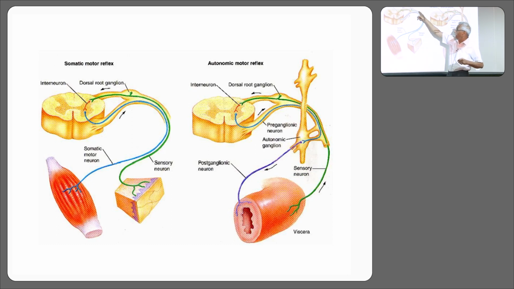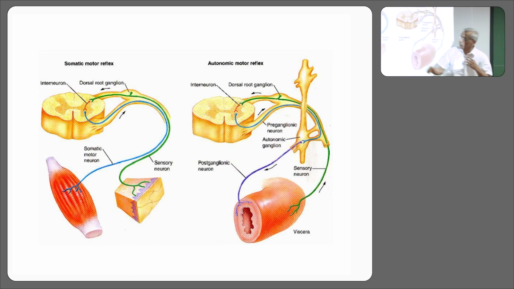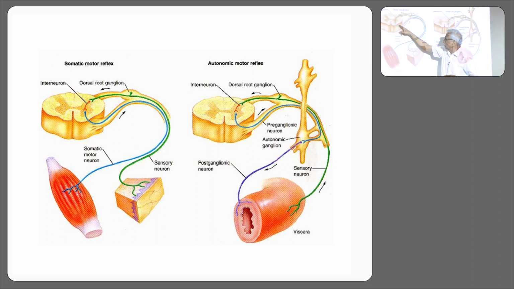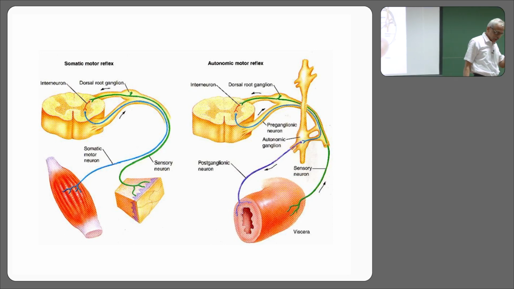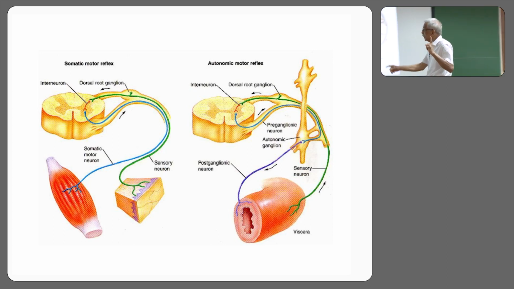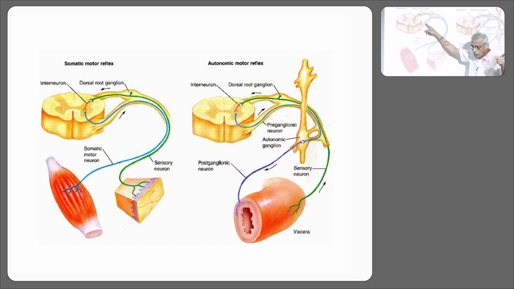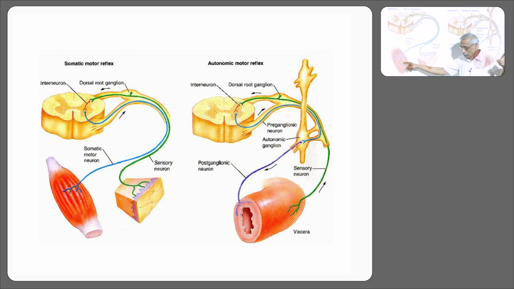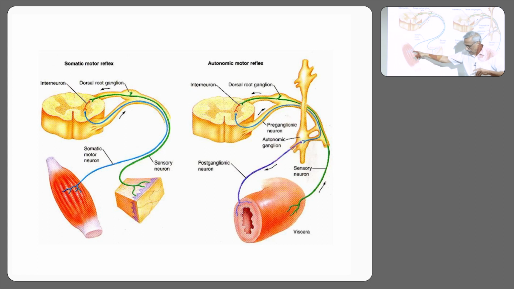The action potential goes via the dorsal root ganglion. It will enter into the spinal cord via the dorsal root. The processing of information will happen via the interneurons, and this particular neuron, the blue one there, the cell body is located in the spinal cord, is a cholinergic neuron that will give rise to a fiber that will come out from the ventral root. It will go all the way and supply the skeletal muscle, and the neurotransmitter that is being released is again